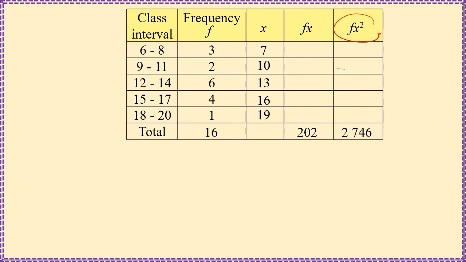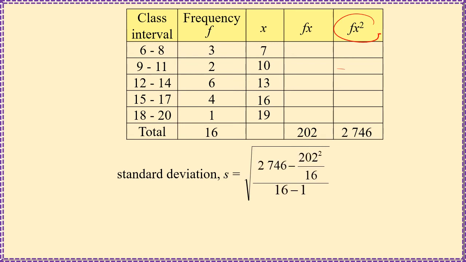So we have summation of fx equal to 202, summation of fx squared equal to 2746. So standard deviation by using the formula 1 over n minus 1, so 1 over 16 minus 1, and then multiply by summation of fx squared minus summation of fx squared, and then divide by 16, which is n. So we have this value,